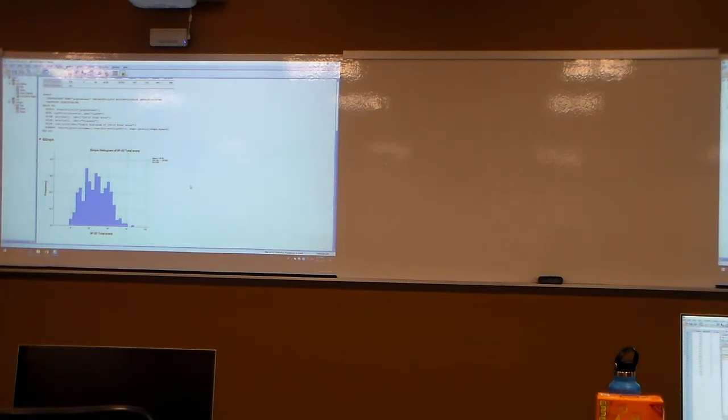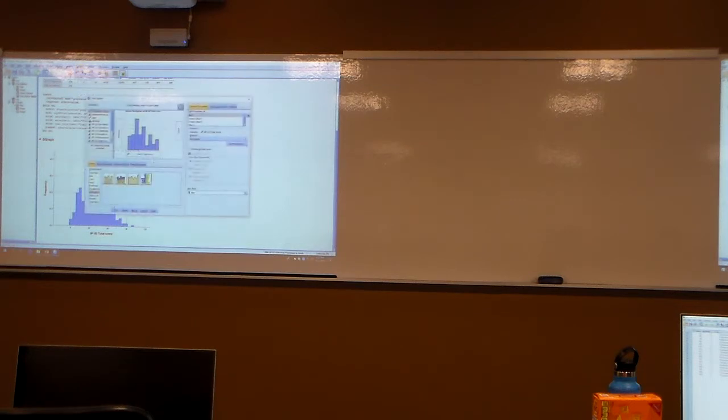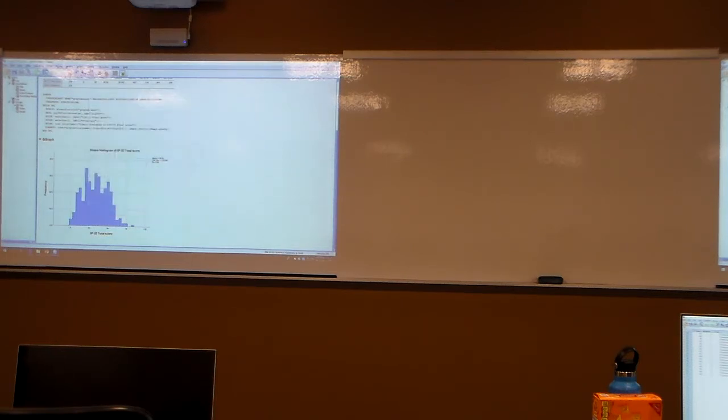Okay. So histogram's looking okay. Let's go to analyze, or excuse me, graphs, chart builder, and now let's take a look at a box plot. Choose box plot. We've only got one variable we're looking at, so we'll pull that up. And it looks like it kept IEP 32 score in there, right? So we can take this and drag this over if it wasn't there. Right? So we can do that. And then if we hit paste,